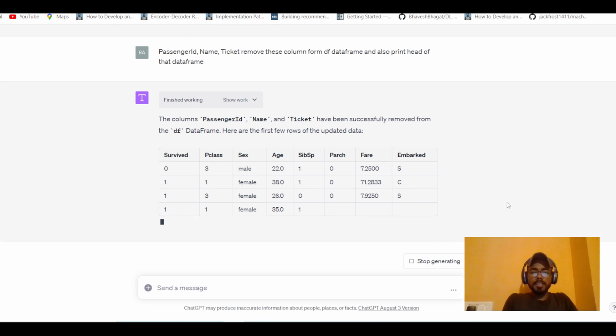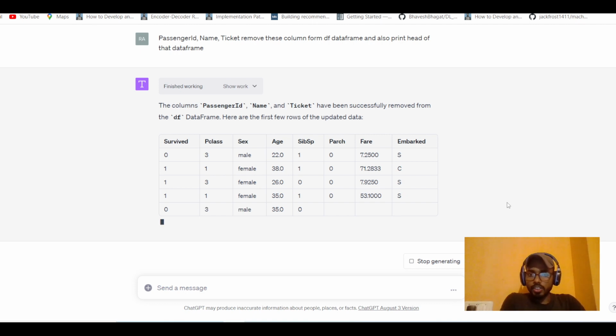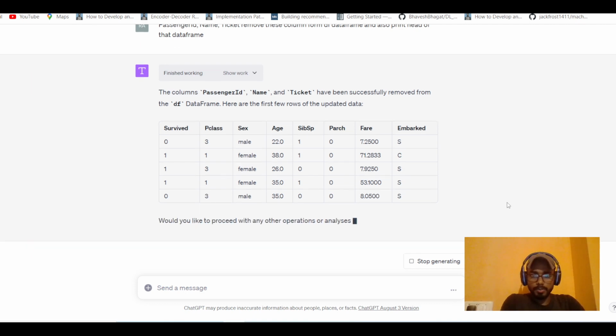It's basically prompt based, and you can see here the passenger ID, name, and ticket are already removed from this data frame, right? And now what should I do? So let's do some graph. Let's first think how many people survived and how many people died in that Titanic disaster, right? So let's simply say